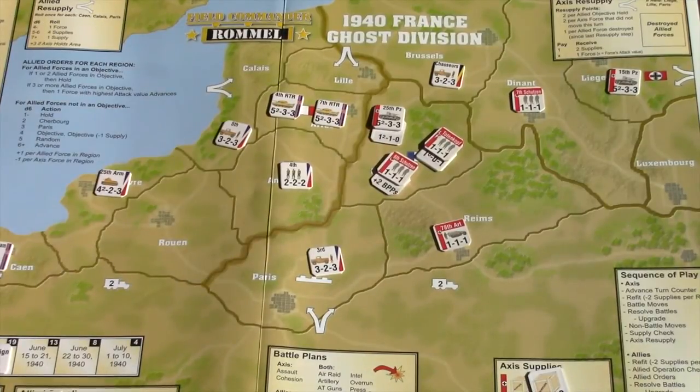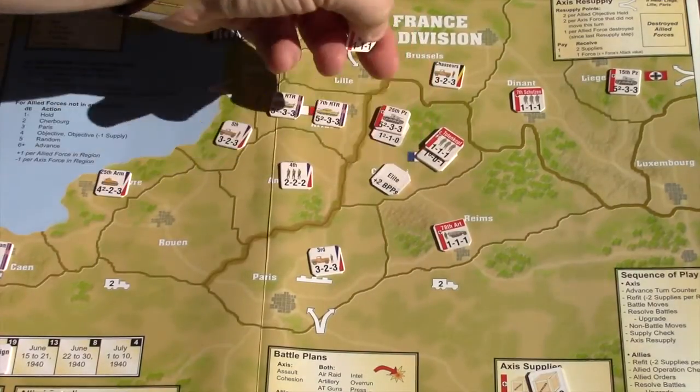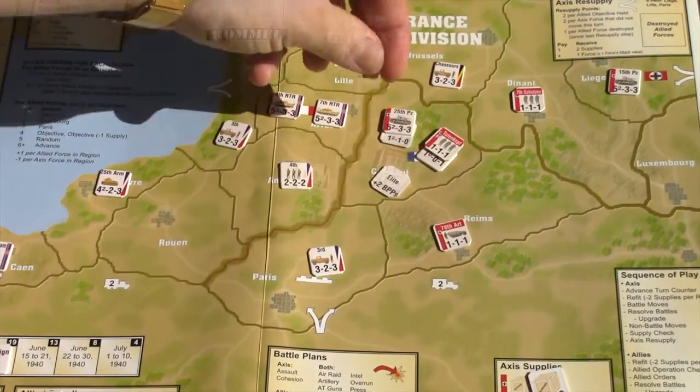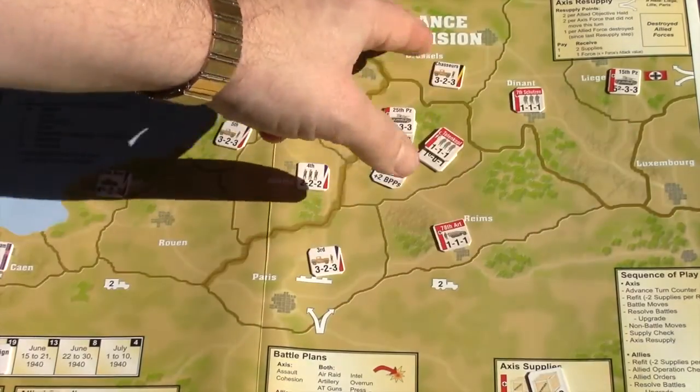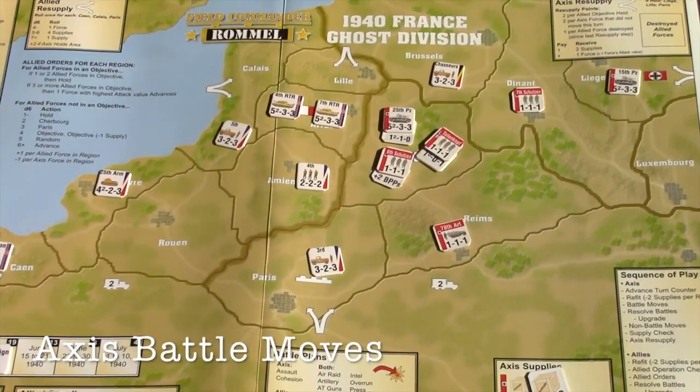It basically means that I need to refit a unit in Cambray so that it can be used as a defensive unit. I could refit the Schützen. Oh, that's only a 2 defense. I'm not doing a refit. I'm going to save the supplies for moving the 15 panzers into Brussels. Okay, so then we can just go directly to the battle moves,